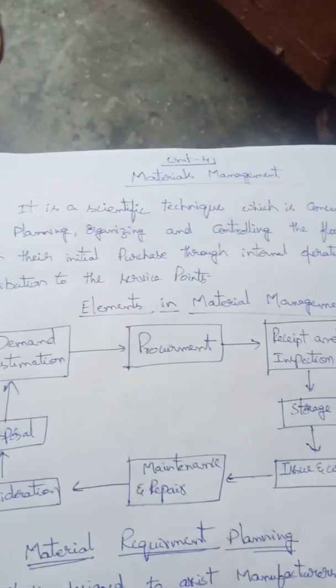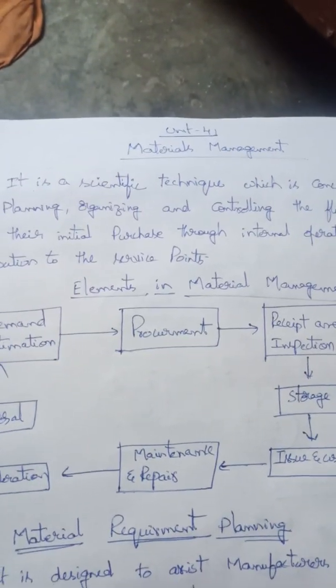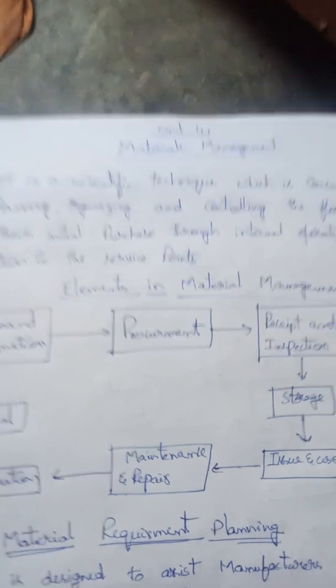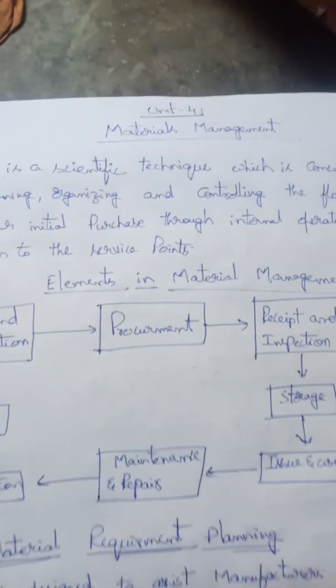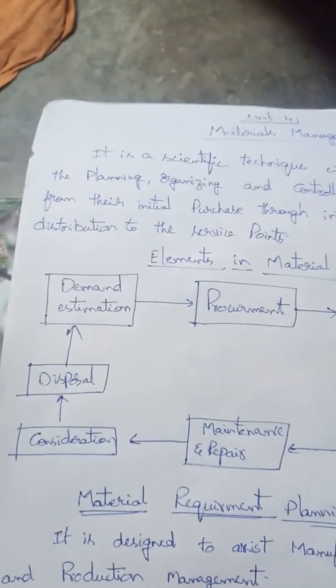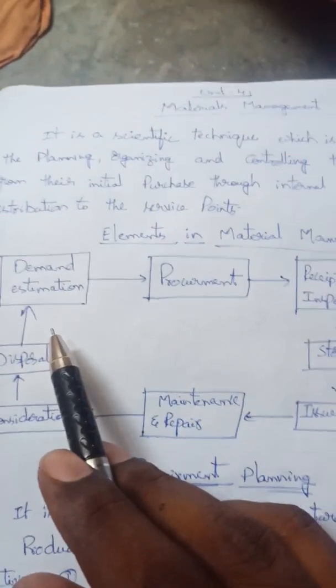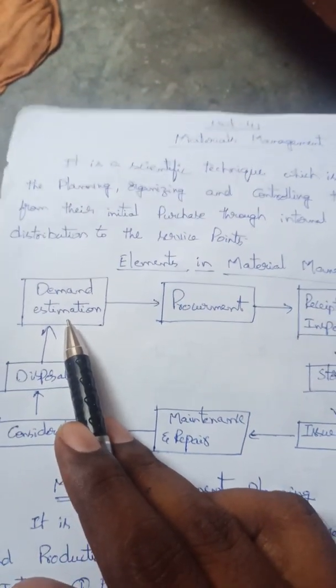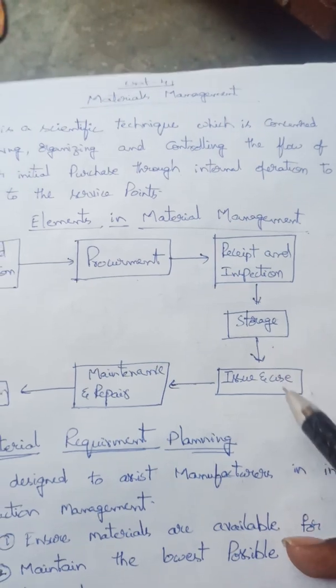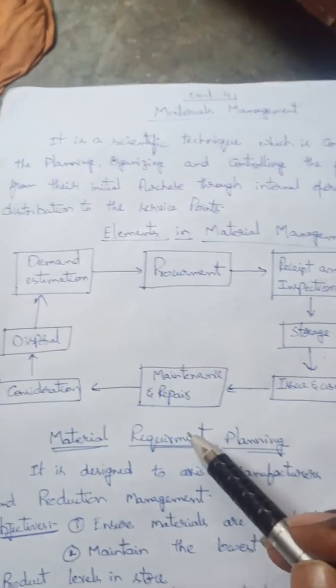Okay, the raw materials will come from different places. At the same time, the industries also maintain effective inventory controls. In this, materials management plays a very vital role. As from this particular curriculum, there are some elements in materials management. As from the diagram, I discuss demand estimation, procurement, receipt and inspection, storage, issue and use, maintenance and